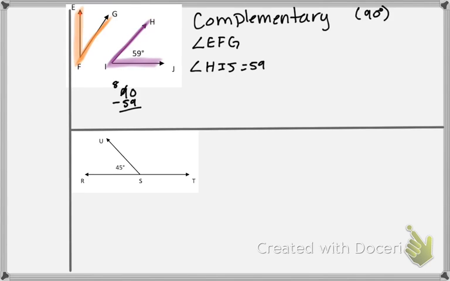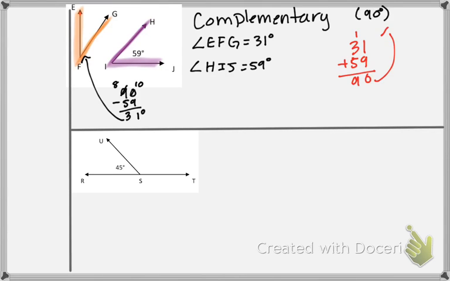let's see, this would be 8, 10, that'll be a 1, and then a 3. So 31 degrees will be our angle EFG. I forgot the little degrees. If you wanted to check your answer, you can. 31 plus 59 should give us 90 degrees. So that's 10, 5, 6, 7, 8, 9. Check. Okay. For the last one, let's say we got angle RSU